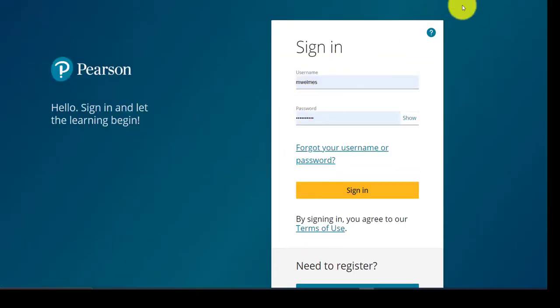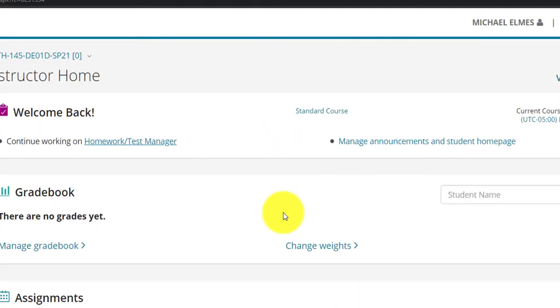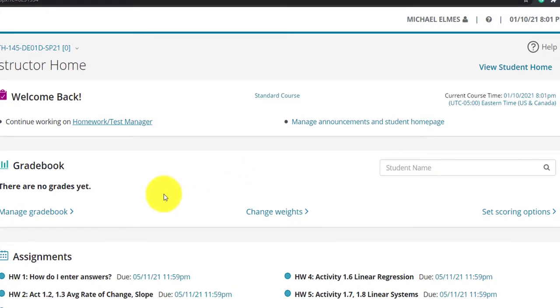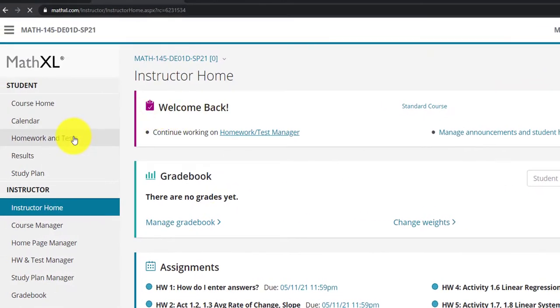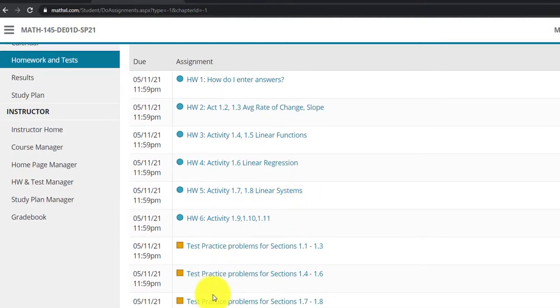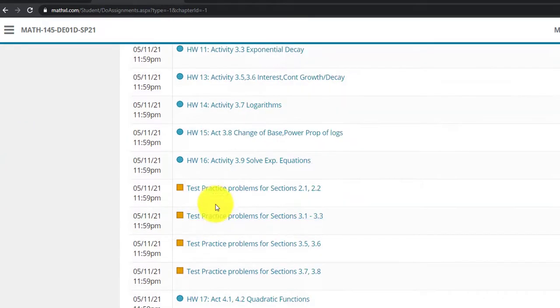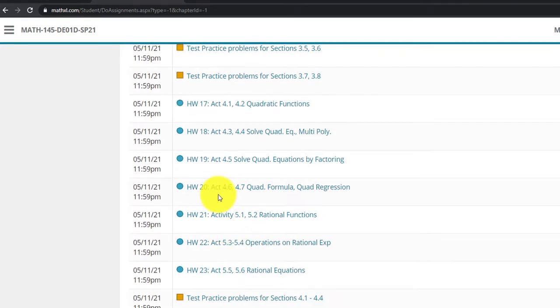Okay, so I'm going to click Sign In. Let's see what happens. Usually they're going to ask you to turn off your pop-up blockers and any kind of ad blockers you might have. And this is it. This is the software. If I click on Homework and Tests, you'll see these are your homework assignments all the way going to test 1. And then these are some practice problems for test 1. As we get closer to quiz 1, a quiz will pop up here. It will open on the day that you're going to take the quiz. And the test will open up over here when we're getting ready to take test 1. And then this is the Unit 2 material, Unit 2 test material, and then the final unit is Unit 3